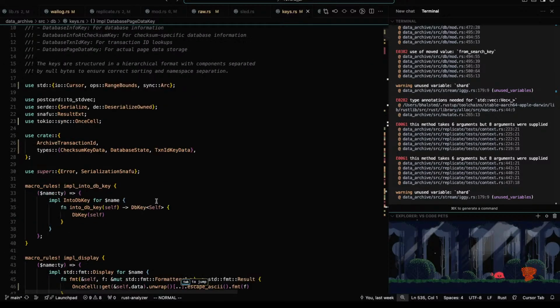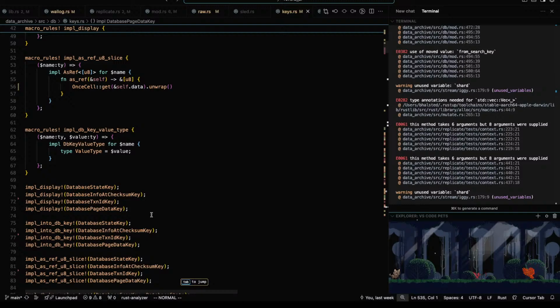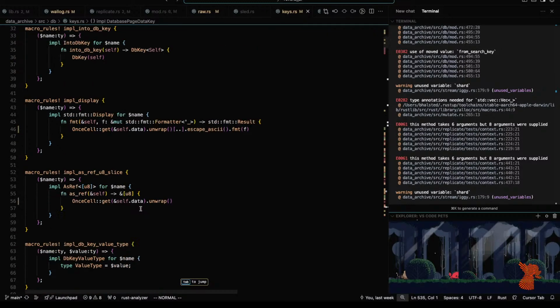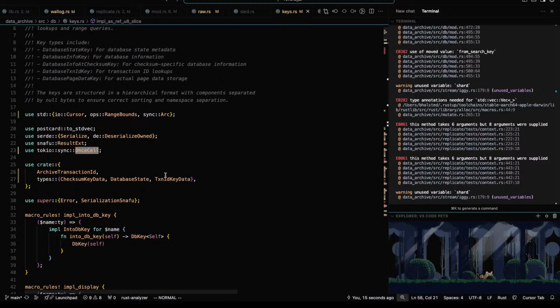So by doing that, we keep the core of what we need. We're going to pass these things around. We do one allocation. We've got our one cell bits. That's all good.